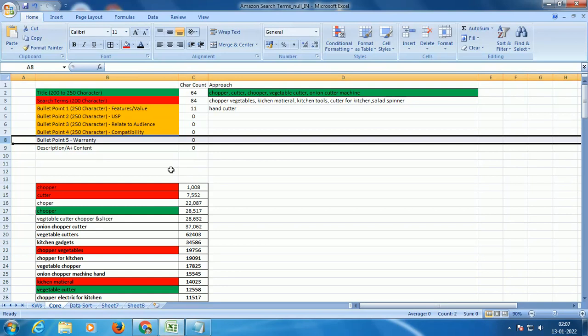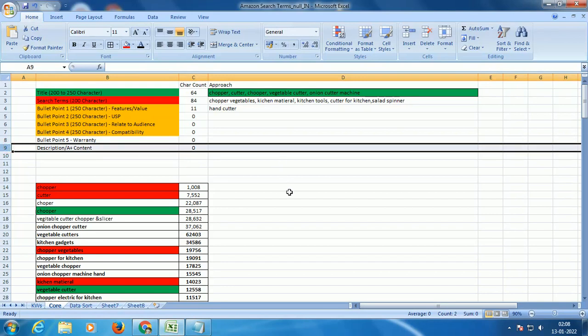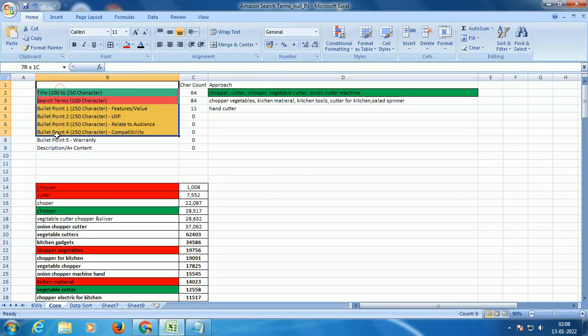And the last and foremost thing is your description and A plus content. Now, this is not SEO optimized, right? So while you plug in all your keywords, you will definitely be left with so many keywords which are not yet utilized. In that case, while description and A plus content is not optimized, still use it. Don't stop yourself, just use it, because we never know how the search algorithm works, right? So let's not leave any stone unturned. It's always better.